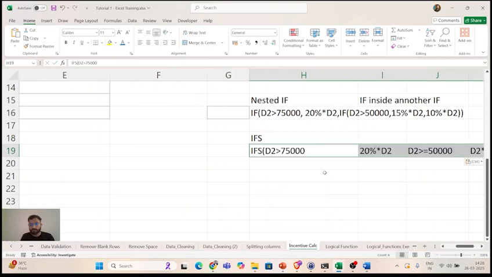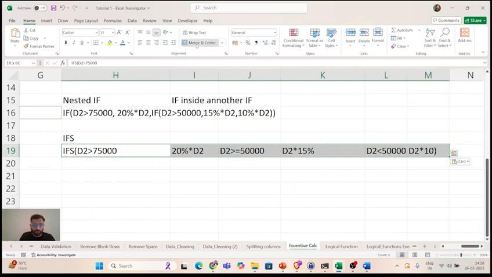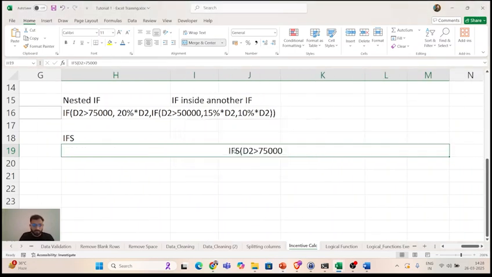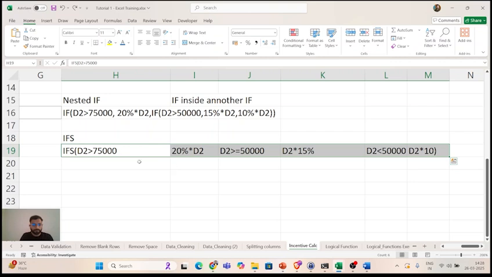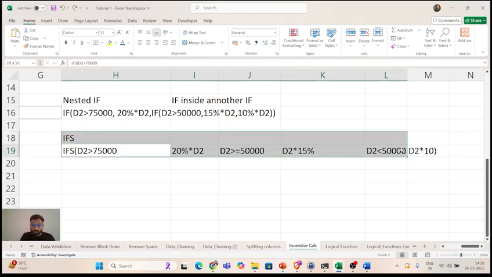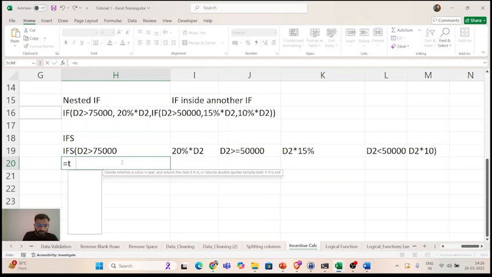See guys, they are in different cells. Okay, they are in different cells. I will quickly merge the cells to see all of them in one. Okay, so again we can use TEXTJOIN.